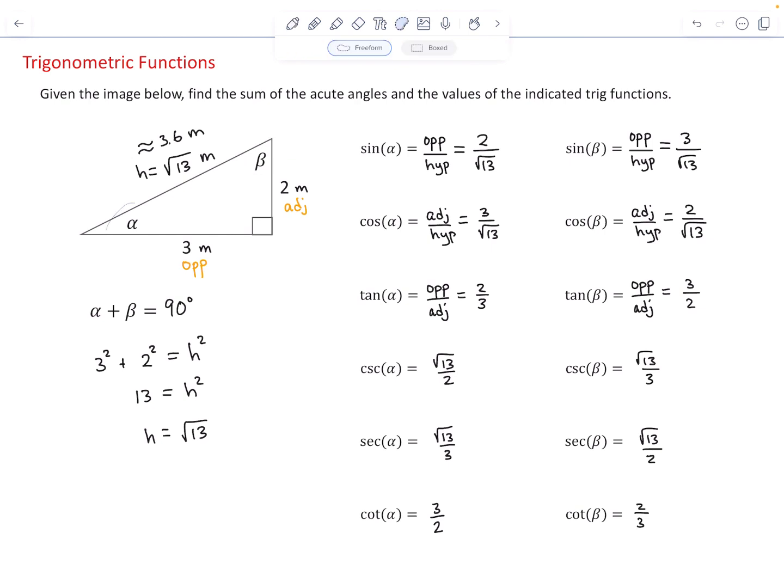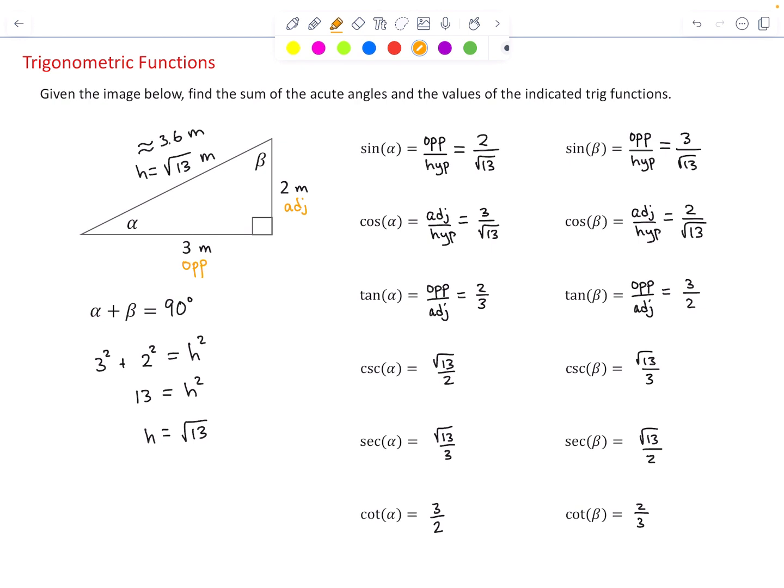Now recall that these two angles, alpha and beta, are said to be complementary acute angles, meaning that they add to 90 degrees. So if alpha was 18 degrees, beta would have to be 90 minus 18, or 72 degrees. If alpha was 20 degrees, beta would have to be 70 degrees. So we can notice some patterns. If alpha and beta are two complementary angles, meaning that they add to 90 degrees, then it will always